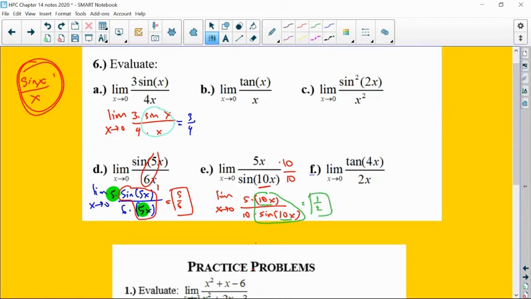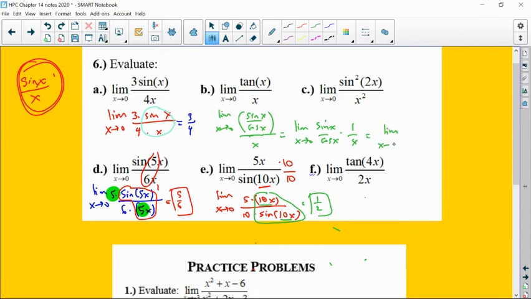Now, the tangent I threw in here too, and tangent of x really is just sine x over cosine x. So if I think about the limit as x approaches 0 of tangent x over x, and I rewrite tangent as sine over cosine divided by x, since this is like a complex fraction, I could write that as the limit as x approaches 0 of sine x divided by cosine x. And then instead of dividing by x, you multiply by the reciprocal, 1 over x, which is equal to the limit